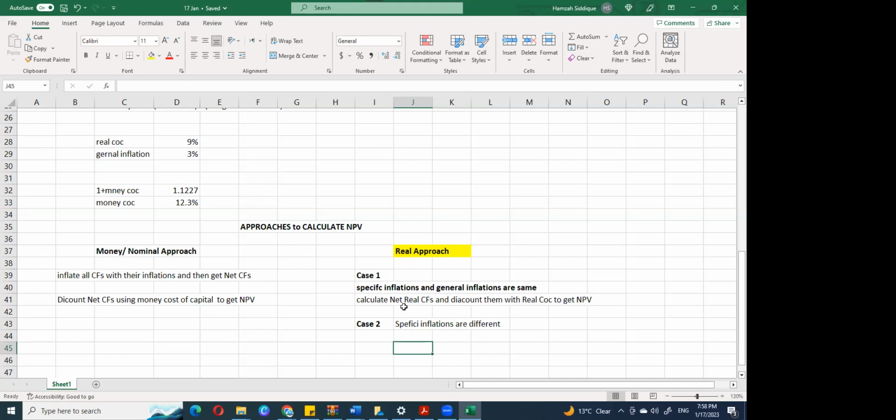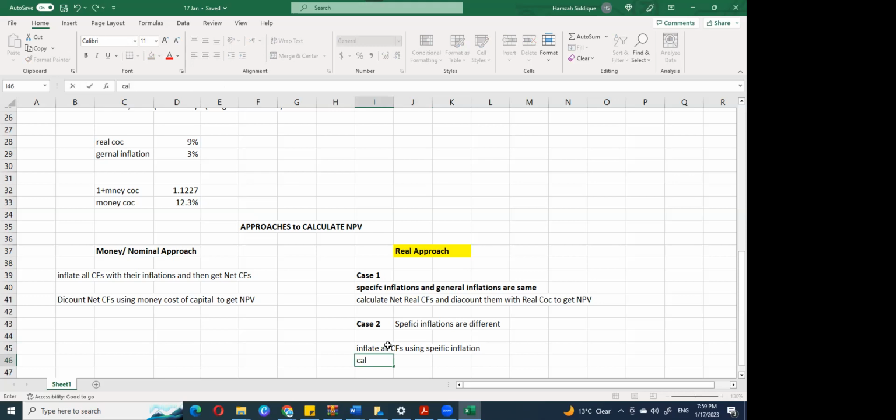In this case, we need to inflate all cash flows using specific inflation,